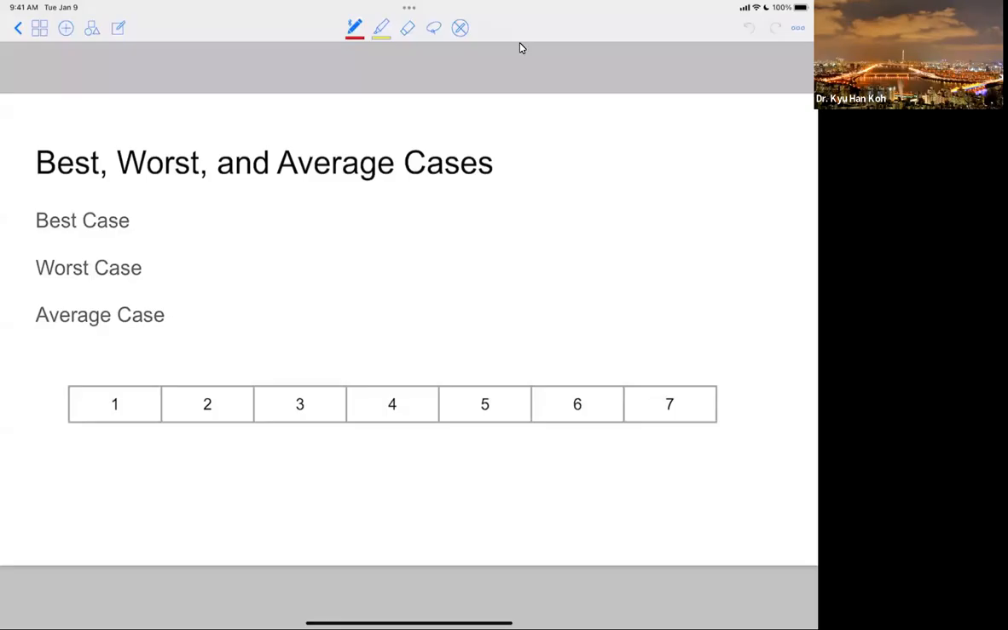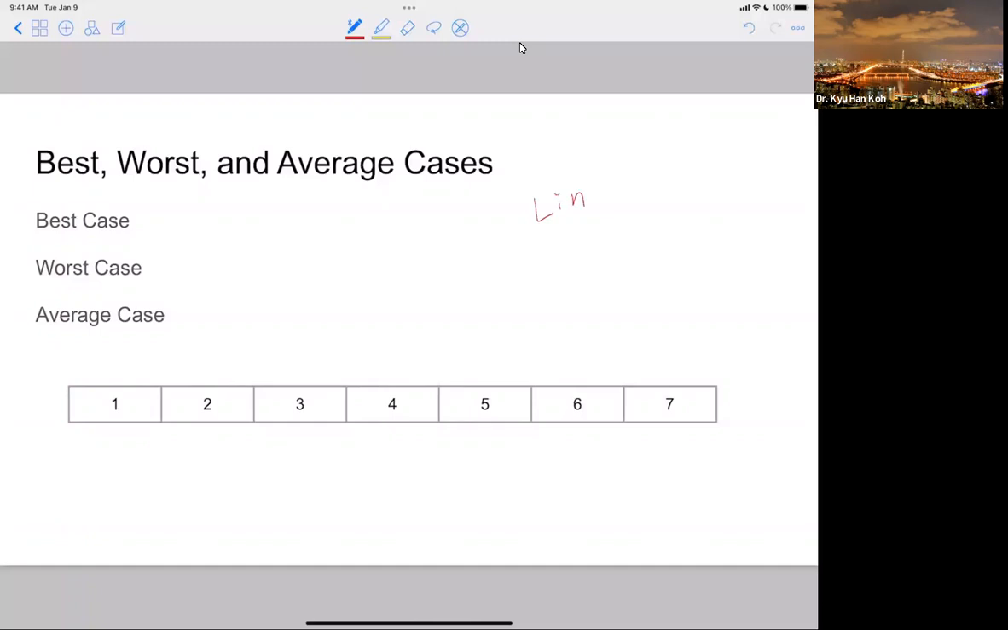Now let's talk about best, worst, and average cases. As you can guess from the title, we need to find out what is the best case, worst case, and average case of a certain algorithm. So I have 7 slots here. It can be a list, it can be an array, or some other linear structure. And what we want to do is find a target by using